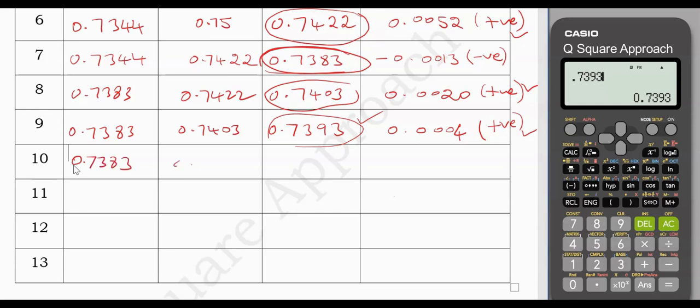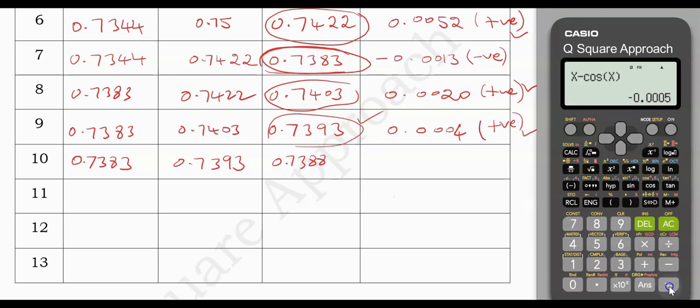So 0.7383 and 0.7393, and from the calculator, A is 0.7383, B is 0.7393, and X is 0.7388, and the function value is minus